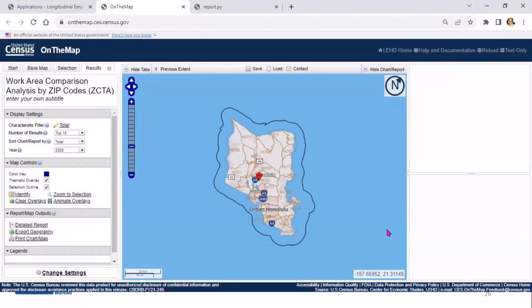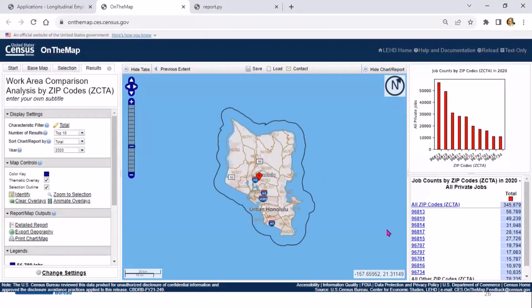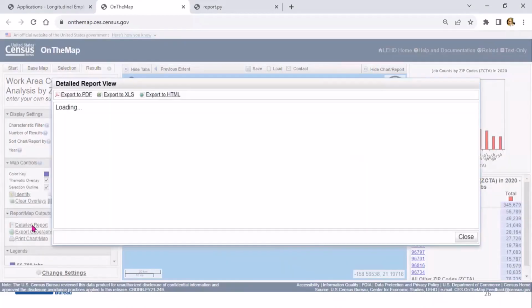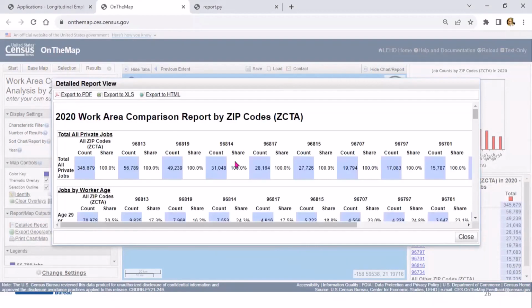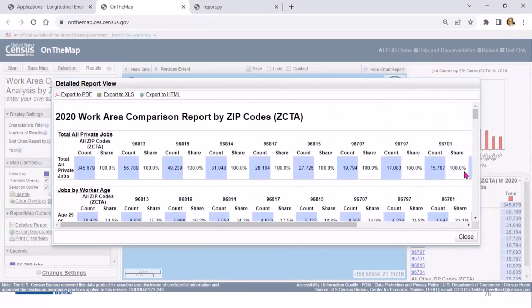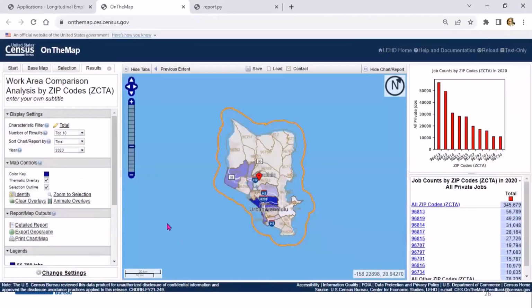And you can always use the raw data and download all of that. But see how I put in Honolulu, it gave me all the zip codes, and then you can click on top 100 or all, and then you're able to export that through the detailed reports. If I click on detailed reports, it'll give me all of the zip codes here. So hopefully that answered your question. Great. Erlene, thanks for giving that demonstration. That was really helpful.